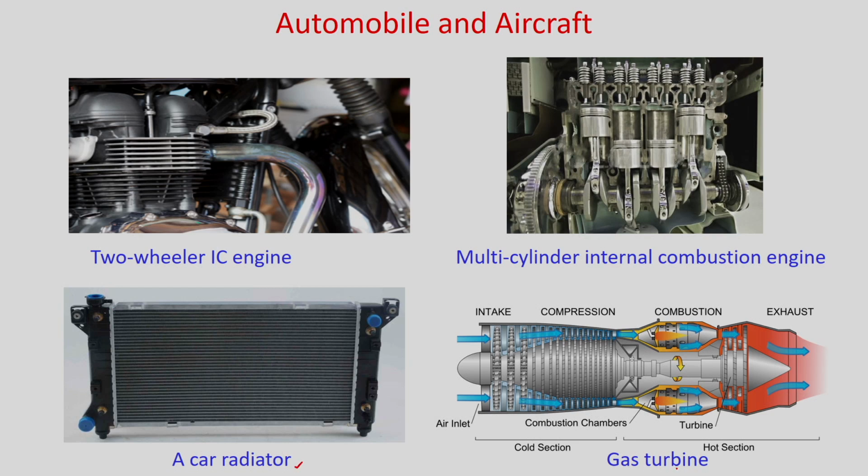In the gas turbine of an aircraft engine, you can see that there will be a cold air inlet, and it will pass through the compression and go to the combustion chamber, and due to the combustion there will be high heat generation and high temperature, and the fluid which is hot will go out through the exhaust. This combustion chamber is cooled using some cooling fluid. You can see in this hot section these are cooled using some cooling fluid, and this is one example of convective heat transfer.